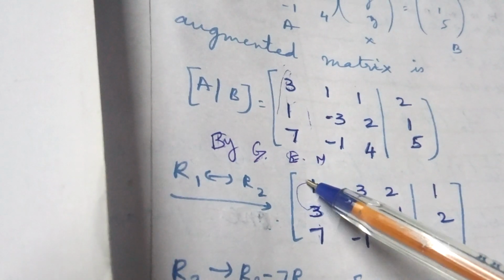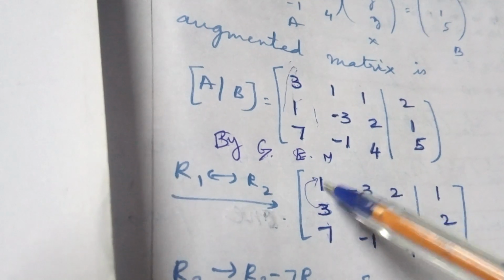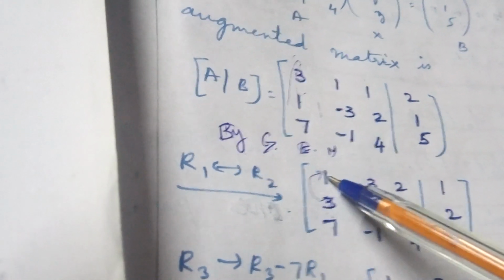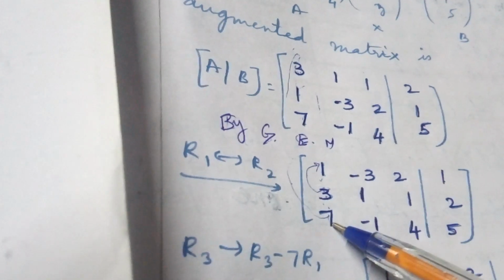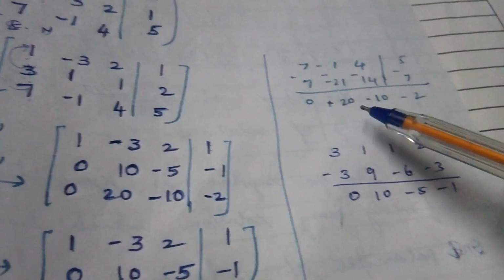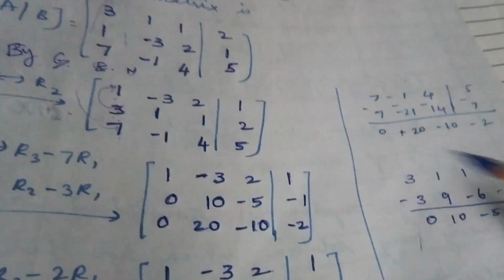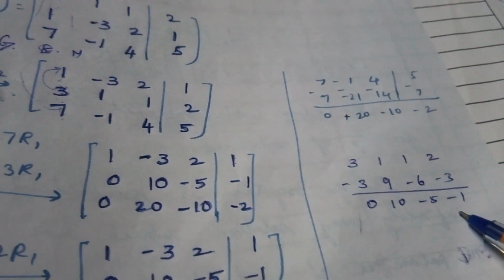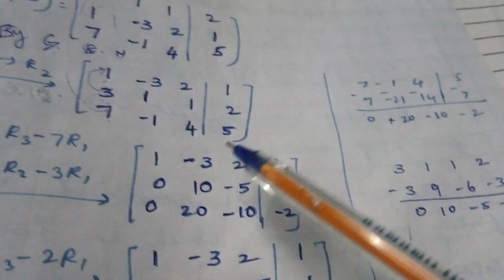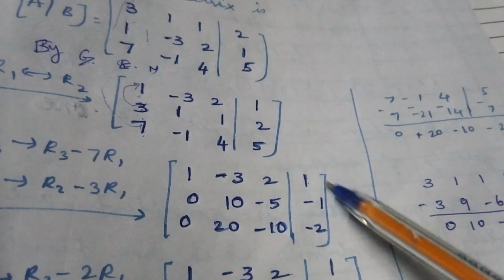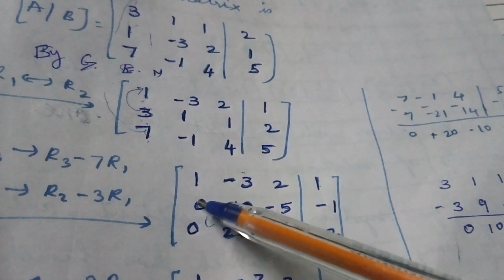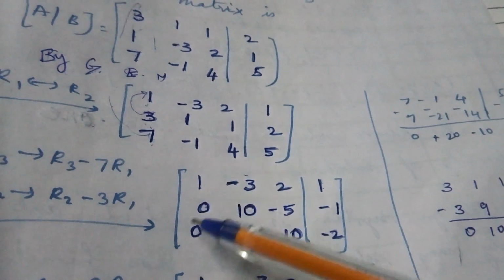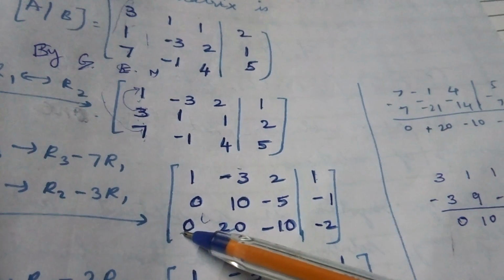Shall I multiply by 3 here? If we multiply by 3, it will come 3, and then subtract, it will come 0. Similarly here 7, you multiply by 7 and then subtract, it will come 0. Using rough column, multiply by 3 in the first row and you will get this answer. Multiply by 7 in the first row and you will get this answer. First row, no need to change anything. We write this as the second row and this as the third row. After writing, the second row first element and third row first element are 0.